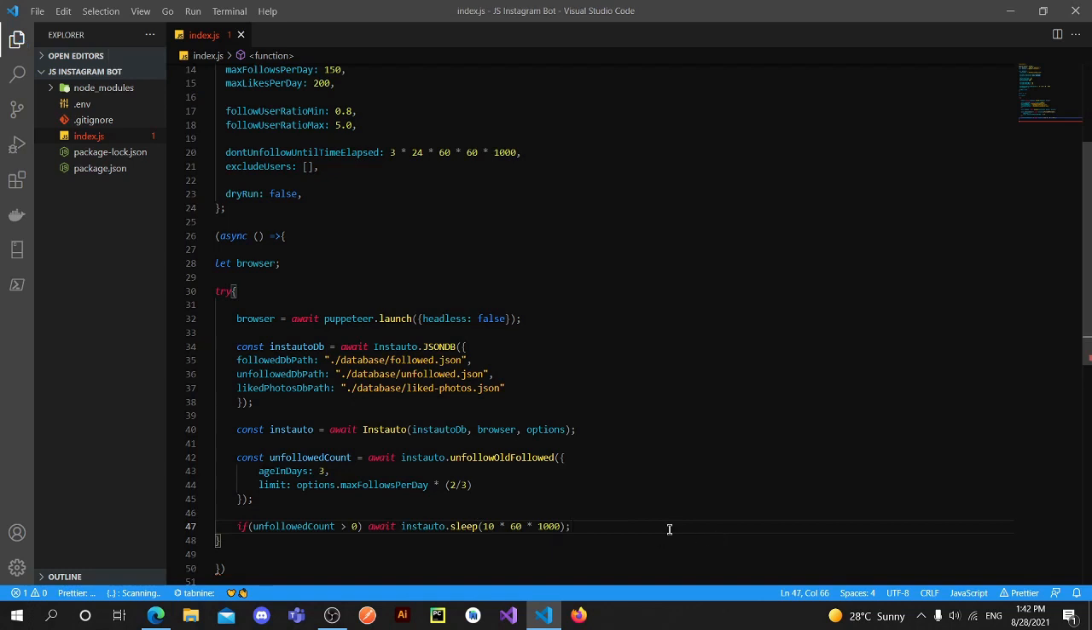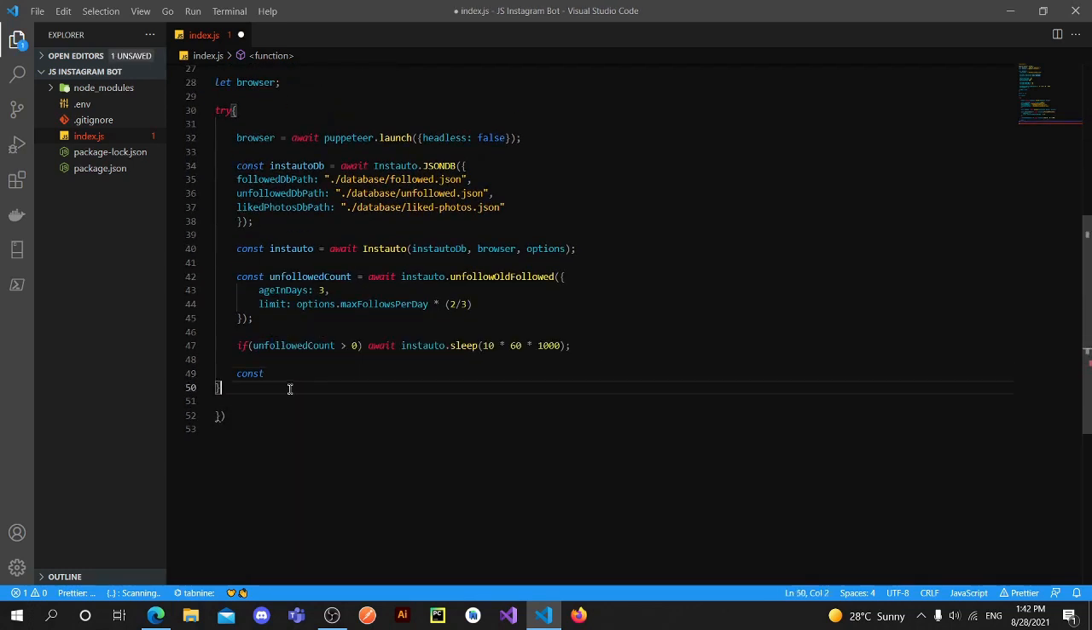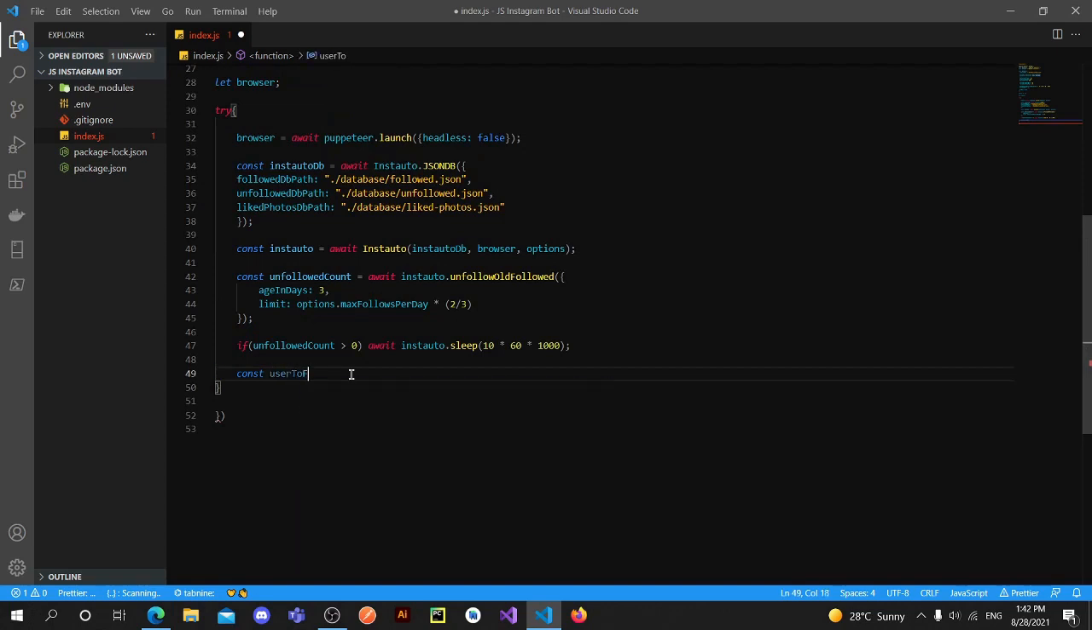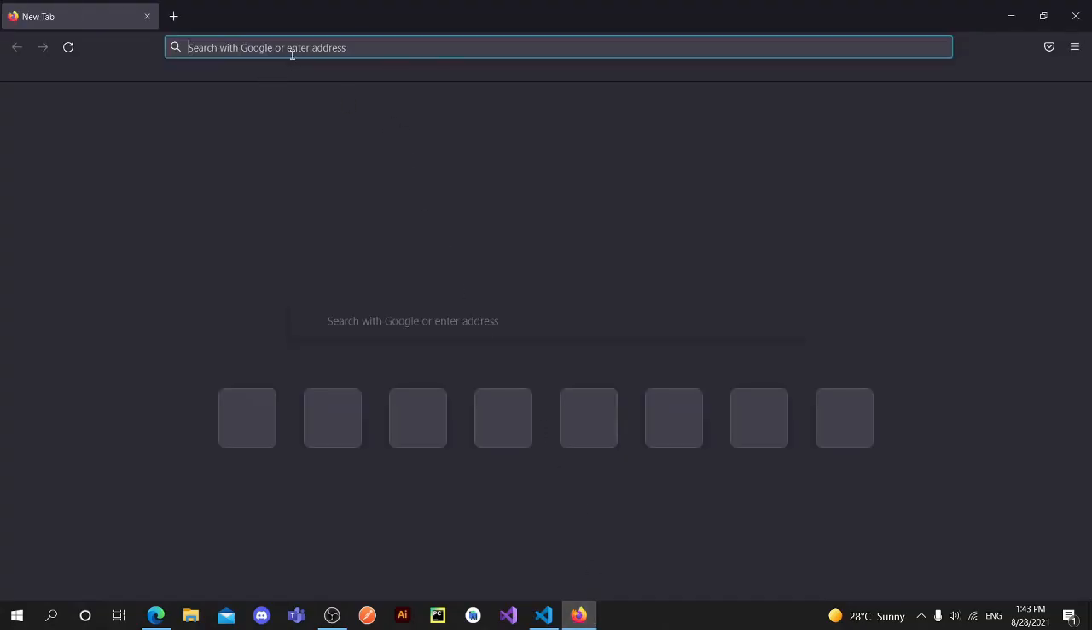Then we need to declare const user to follow followers of, and we want to follow. Here we need to pass the username of the user whose followers we want to follow, and I'm going to Instagram to